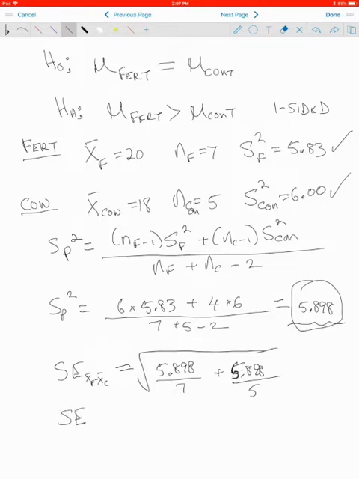And if you do that, I got a standard error of the difference in means equal to 1.422. And so now we can do our t-calc. Remember, t-calc is just the difference in means divided by the standard error of the difference. So the t-test statistic, the t-calc, equals the difference in means, 20 minus 18, over 1.422. And so our test statistic, the calculated t-value, equals